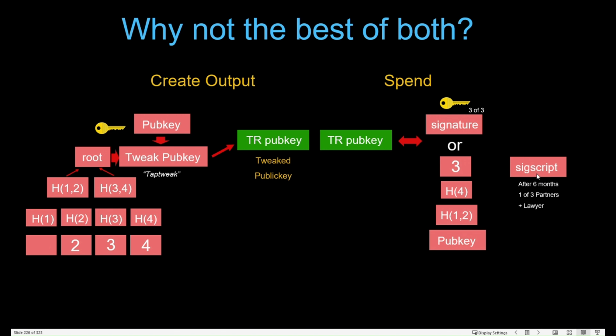And then, of course, just like you would normally do, you have to prove the actions in the script. So you have to verify that it's been 6 months. You've got to have your public keys and signatures to do the one of three plus the lawyer, and then boom, you're done. So that is the basic premise of Taproot, is having this ability to essentially toggle